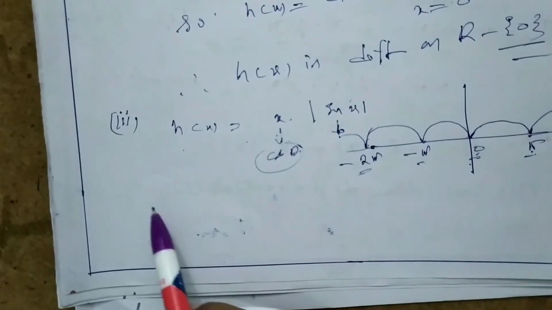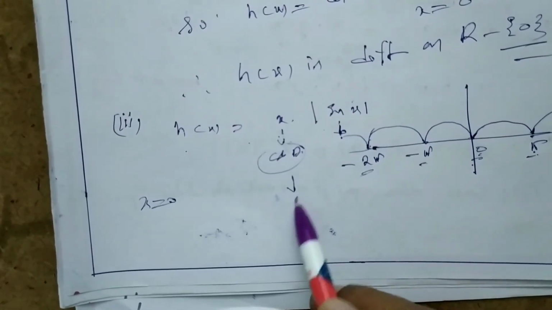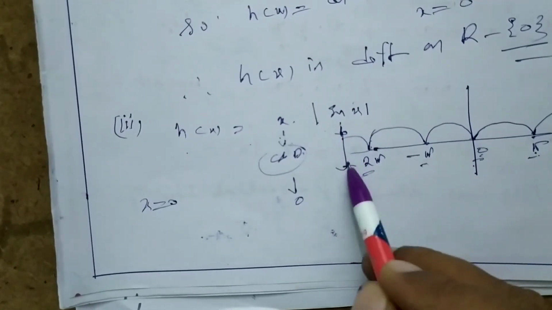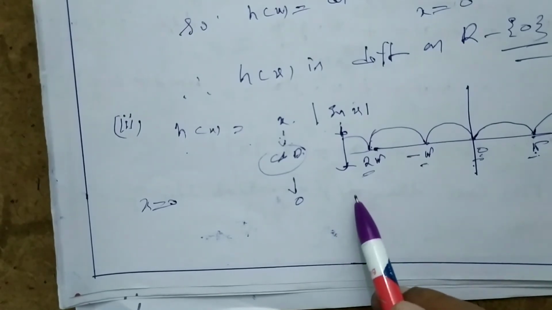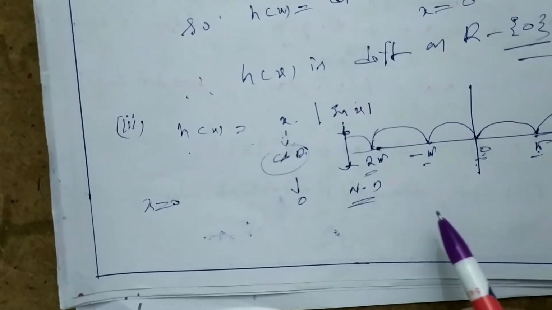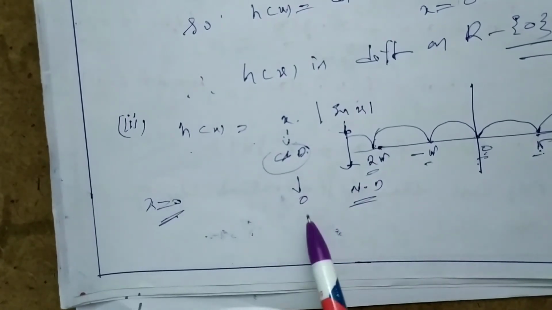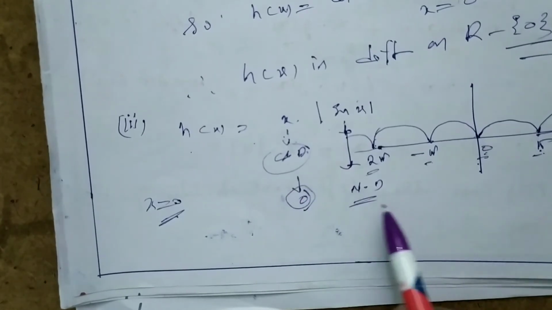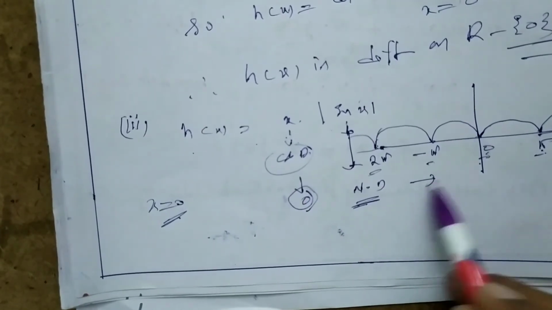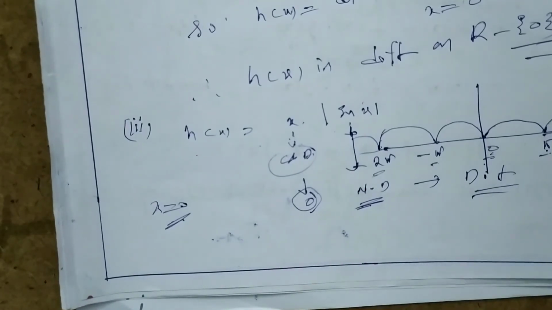If you observe at x is equal to 0, the first function value is 0 and the second function is not differentiable. So in that case, at x is equal to 0, the first function value is 0 and the second one is not differentiable, so the function is differentiable in this case at x is equal to 0.